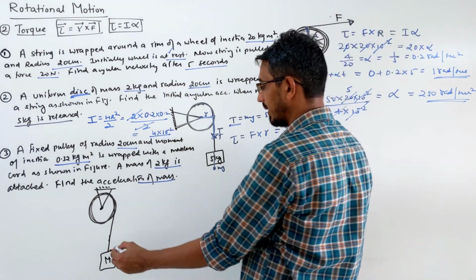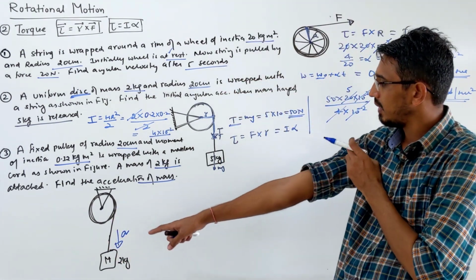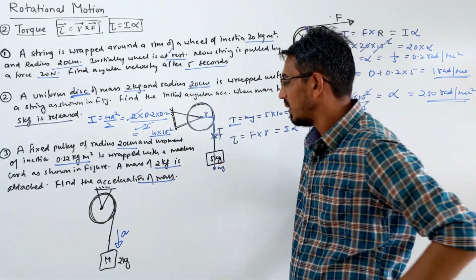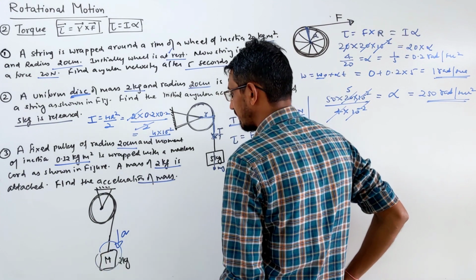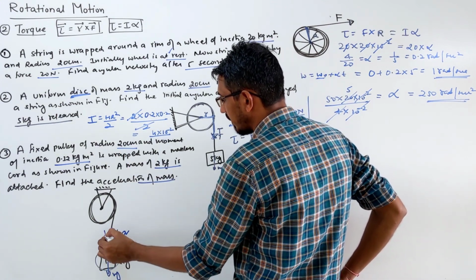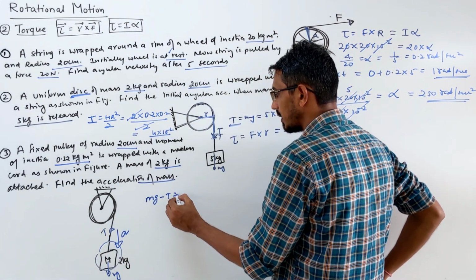Linear acceleration A, it is moving down with some acceleration. What is that? So here now we write what? FBD is from Newton's laws, that we have done. If you write the FBD of this block, how do you write it? Look here. What forces are acting? Mg downward, tension T upward and acceleration A downward. You should write Mg minus T is equal to